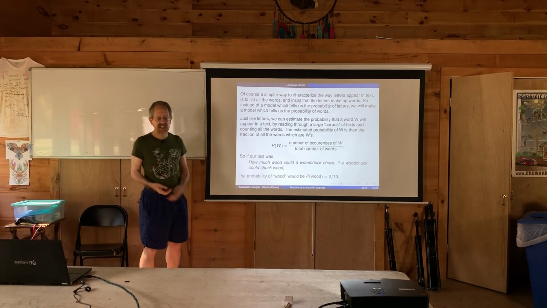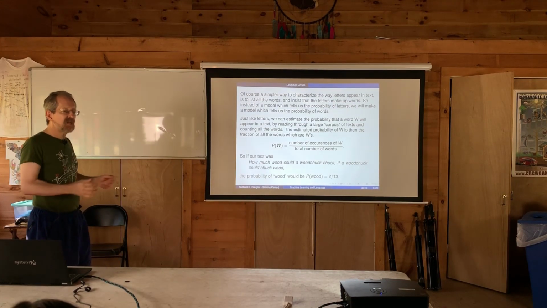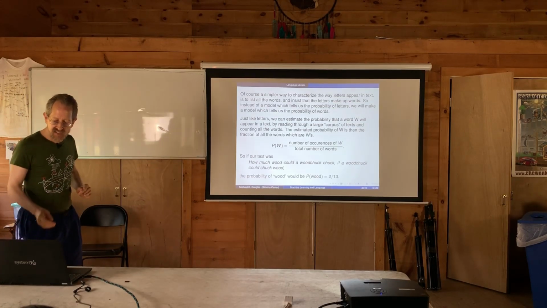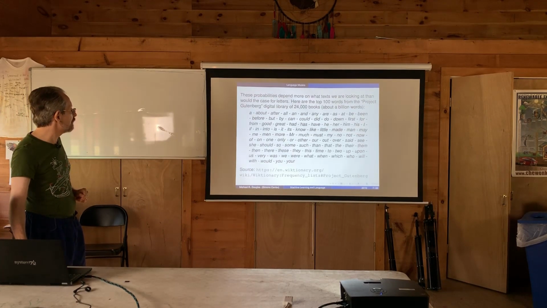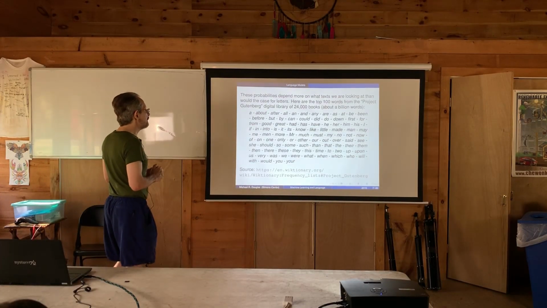Of course, if we just base it on that sentence, it's a very, very simple language model. But if we base it on billions of words, say, coming out of the internet, we already can get something out of that. That's some sort of a language model. And of course, people have done that. So this is about 1 billion words fed into counting and producing such a model. And this came off of Wikipedia, basically. So this is coming out of a library of 24,000 non-copyrighted books, which I think has expanded to about 50,000.